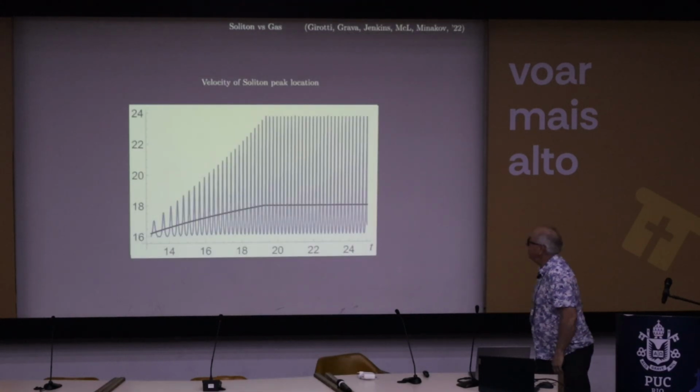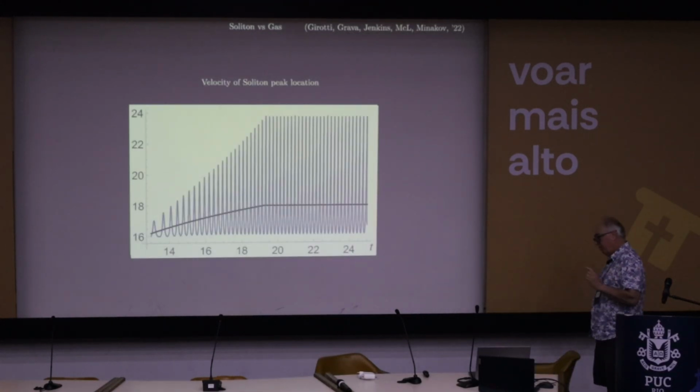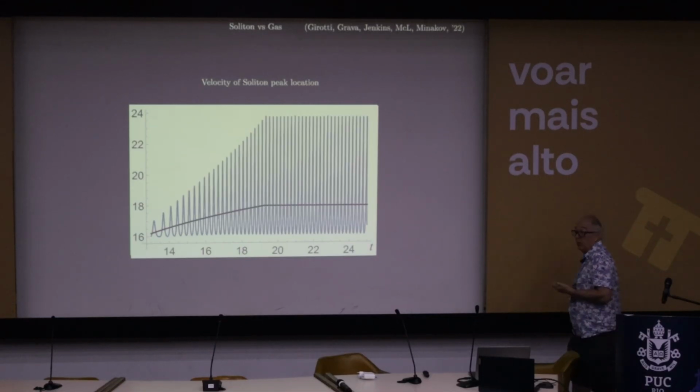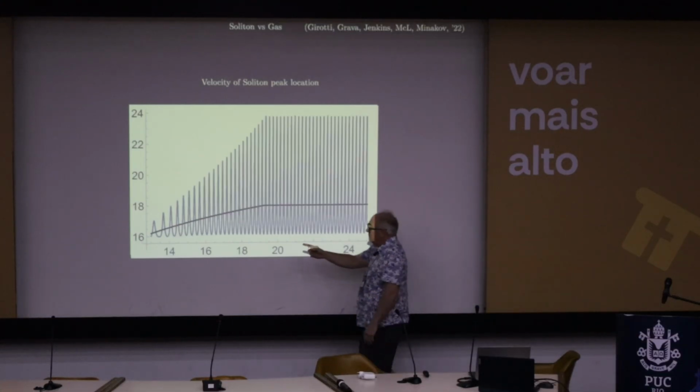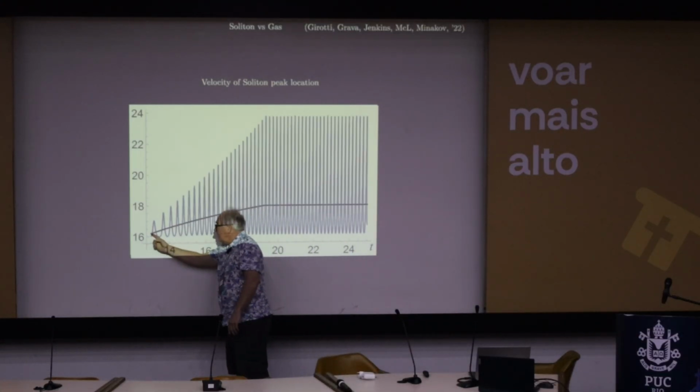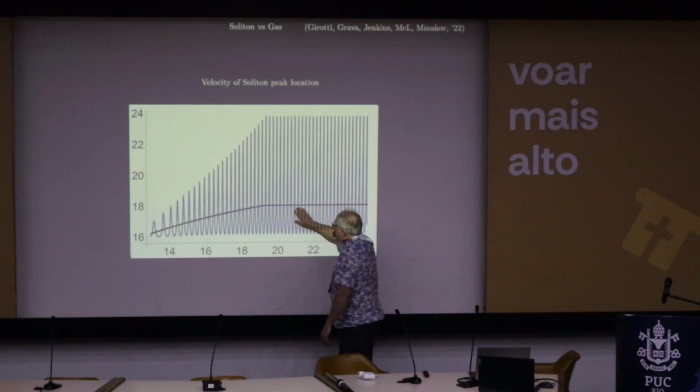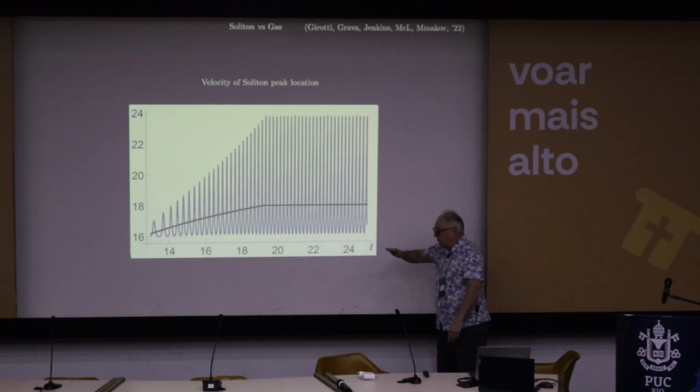And this is a plot of the velocity of the peak. So we chose parameters so that you can prove there's a single unique global maximum at all times. And what you're looking at in blue is the velocity of that global maximum. Okay, it's the asymptotic description of the velocity of that global maximum. We have a formula for it, and we just plotted it. And then the black curve is the temporal average. Okay, and eventually it's constant in this region where it's interacting with the fixed conoidal wave.